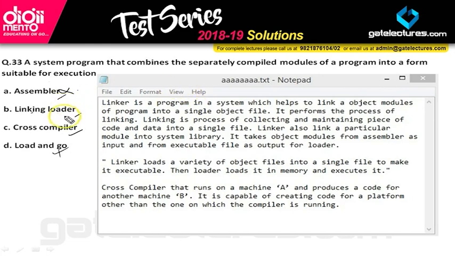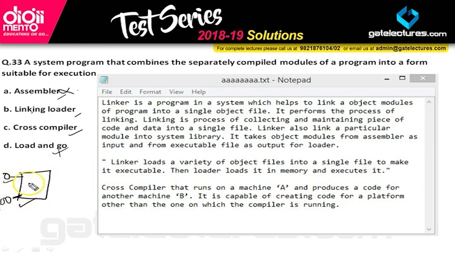What will the loader do? What happens is, when I store my program, let's say my program is occupying 100 bytes, so my program size is, let's say, from 0 to 100, but in my memory there will be so much data, I will not get the address 0 or 100.